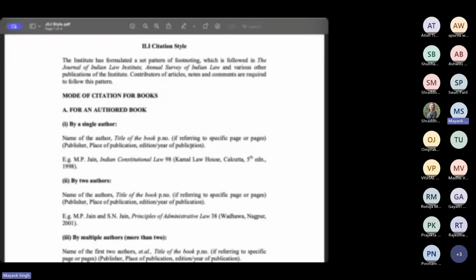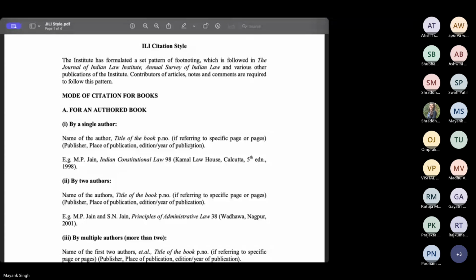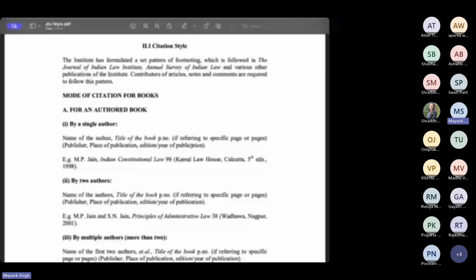This is the Indian Law Institute, Journal of Indian Law Institute citation style that is mostly followed in India, and it is more or less very similar to the Blue Book style, 19th and 20th edition style. So I am telling you, ILI citation style. Please follow it in your academic writing. It is very similar and very short and crisp. Basically, it covers all the material which you want to quote as a footnote in your academic writing, that is a research paper or the